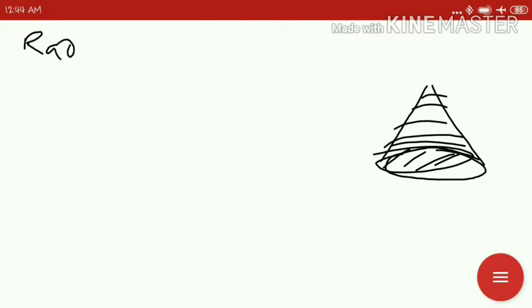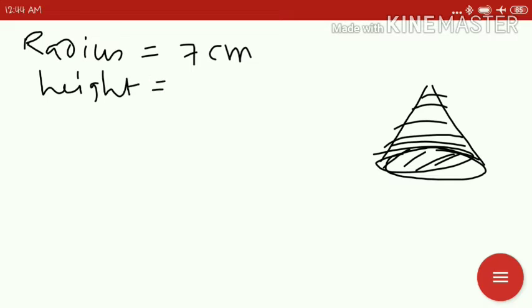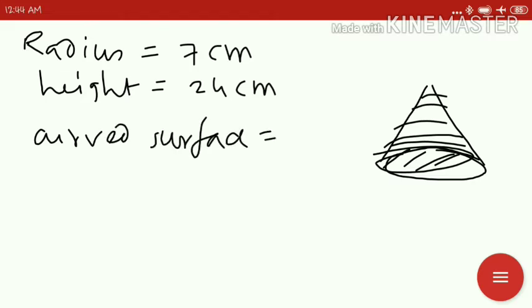So if we go to the solution, then you will see that from the given part we have got the radius is 7 centimeter and the height of each cap is 24 centimeter, and we need to find out the curved surface area. So curved surface area means the formula is pi RL,